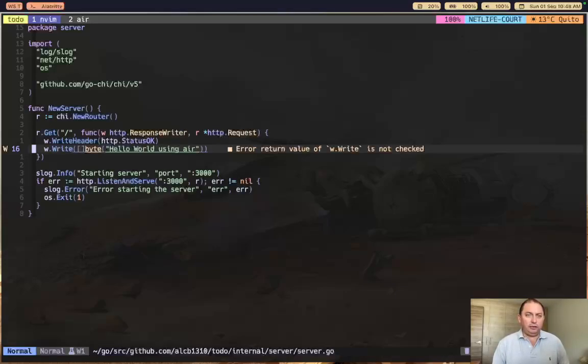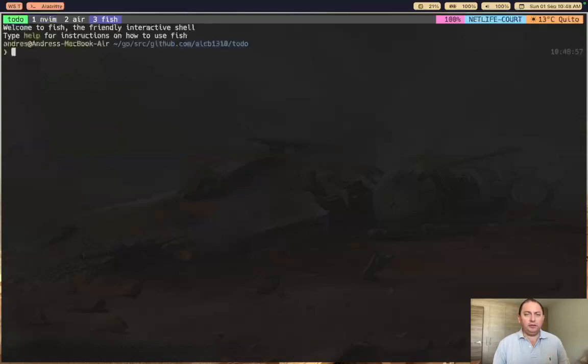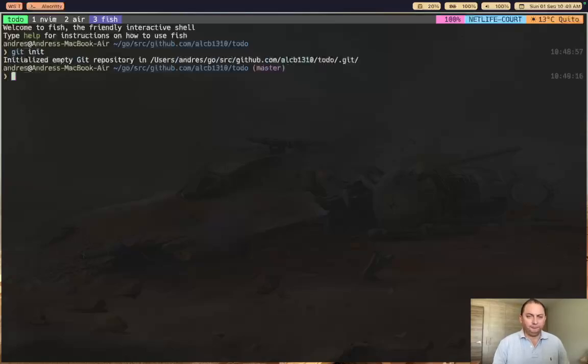Okay, so with that being said, let's go to the terminal and initialize a Git repo so we can push this project to GitHub and then deploy from there in Railway. So first we need to create that Git repo. So for that, git init. With the Git initialized, I'm going to be using lazygit,